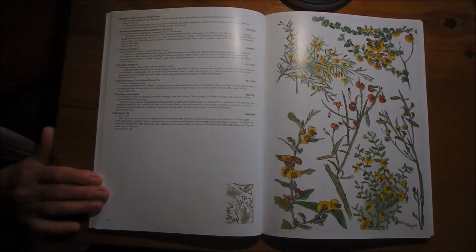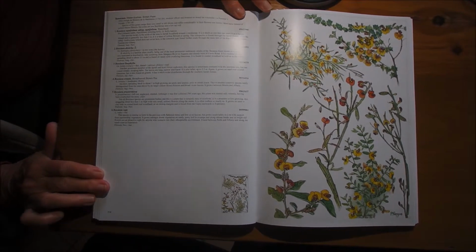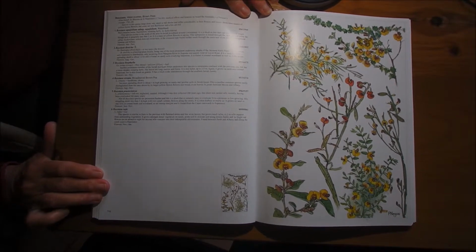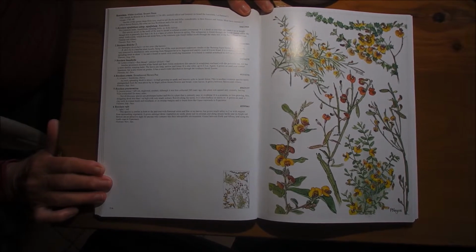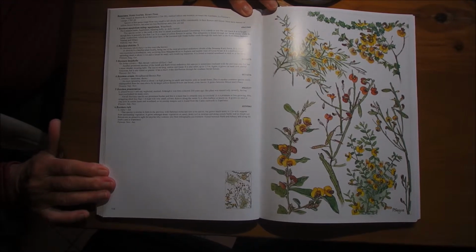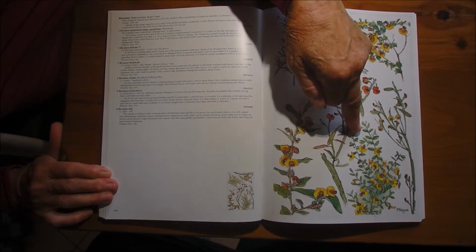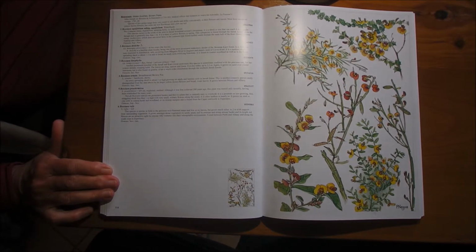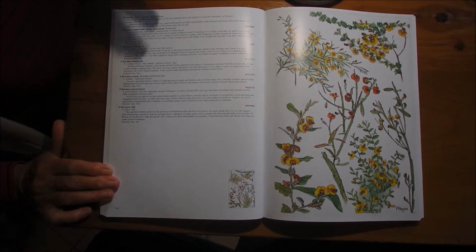Some of the pea flowers on this page, and we've got about 10 pages of pea flowers. They're one of the biggest families in Western Australia, but some are very common throughout the southwest. Some are found in particular areas, and this little one, Bossiaea disticha, is only found on the Capes area in the forested southern part of the region,